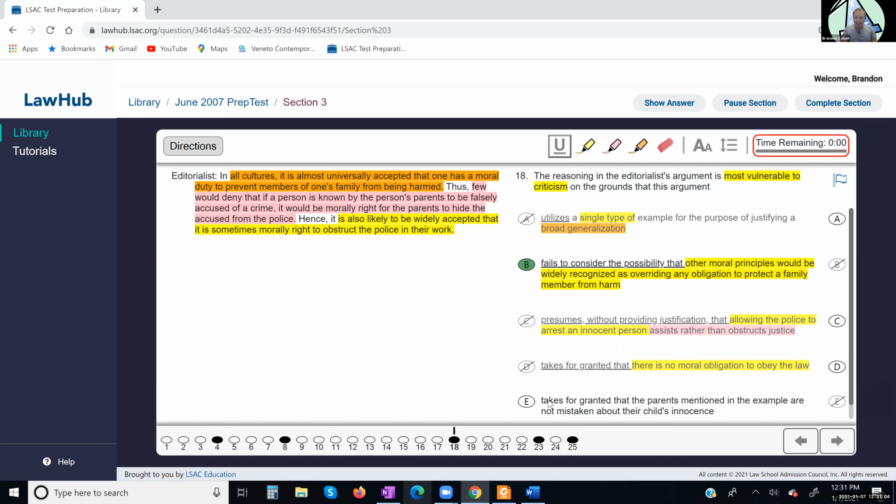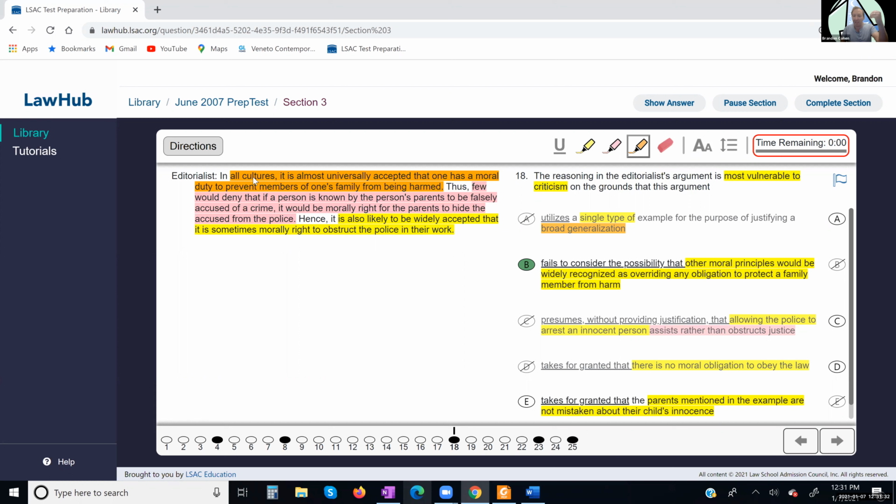E takes for granted that, that's creating the necessary assumption. So the parents mentioned in the example are mistaken. So if these parents are mistaken, what that's doing is going against more of a premise. And remember, that's not undermining the argumentation. We don't want answers that go against a premise. What I'm saying by a premise is it's saying, if you do know, so it's already accepting. The language is loaded, and this is why it never actually does go against a premise. It's conditioned, I should say, on knowing.